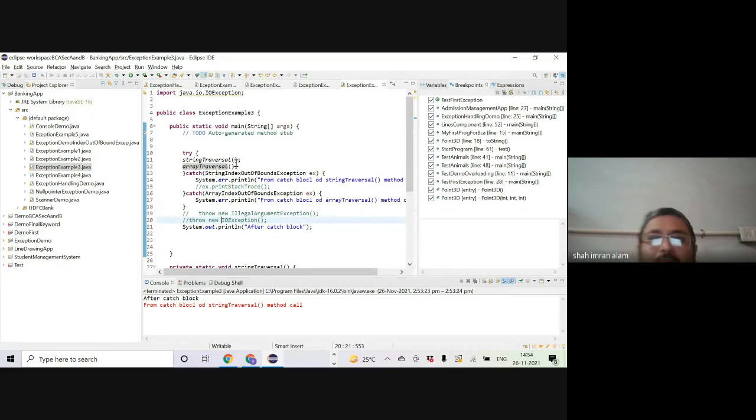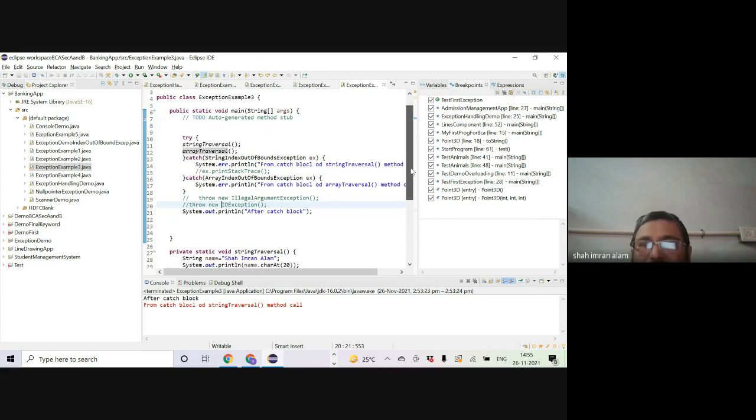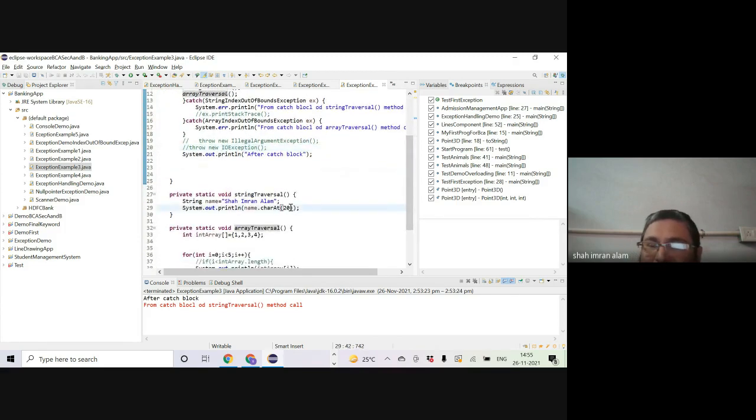Okay guys, so let's suppose the first invocation of this string traversal method in line number 11 does not throw the exception. For example, let's say the character that we are trying to access in the string is the character fifth, which is a blank space, okay, or 0, 1, 2, 3, 4, fifth, yeah. Let's say 3, okay. 3 is what? A. 3 is A. 0, 1, 2, no, H. The fourth index, H. Yeah.